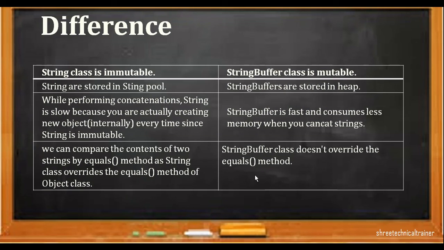So this is what string buffer is about. What is string buffer? String buffer is a varied length sequence of characters. Why is it used? It is thread safe, and when you want to modify a string, we can go for string buffer. Where is it stored? It is stored in the heap. What is thread safe? It won't allow two threads to access the same method. What are the main operations in string buffer? One is append, and another is insert.